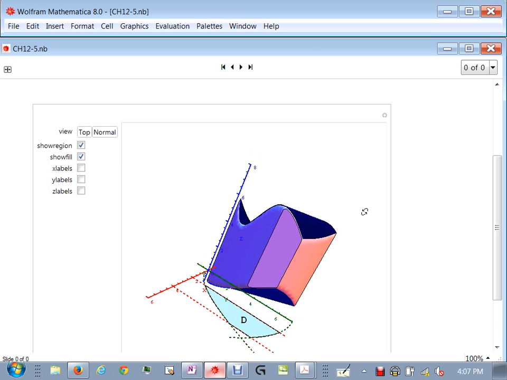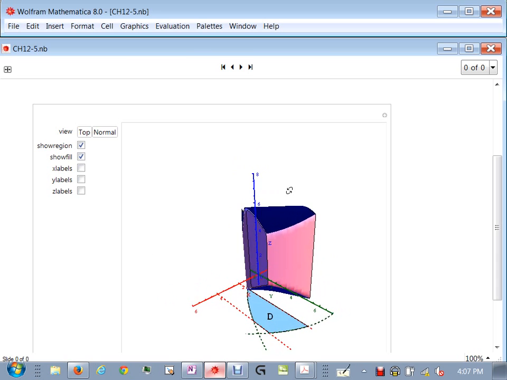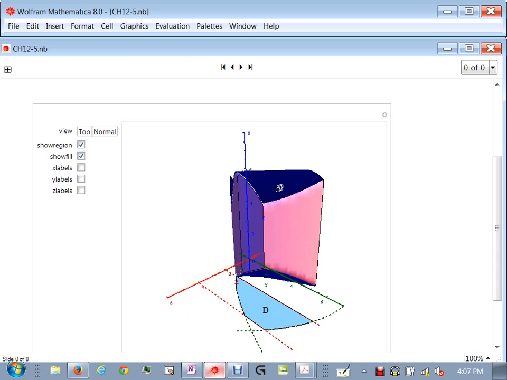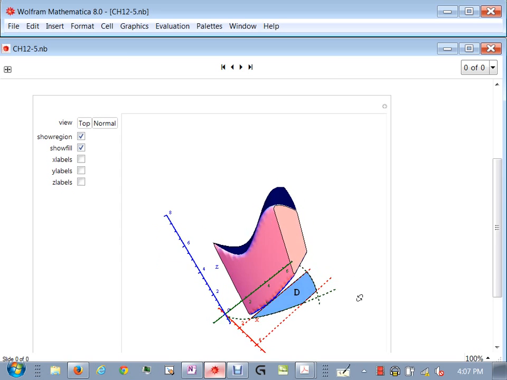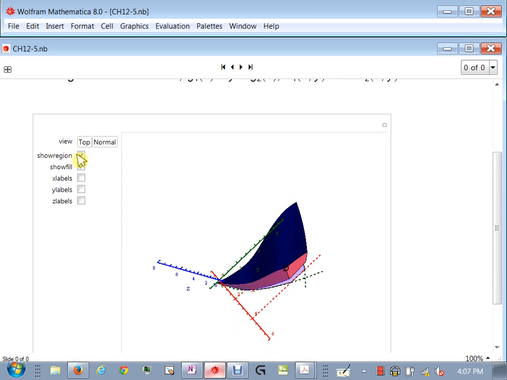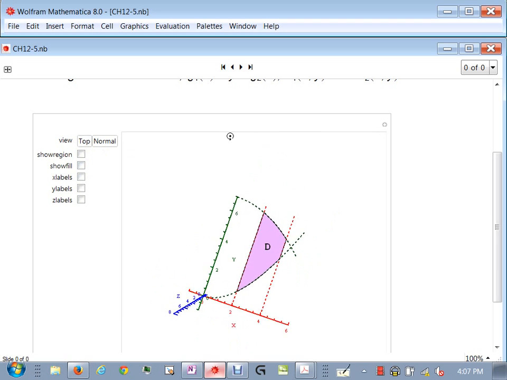The domain is the solid there, the thing I'm trying to integrate over. And then I take a shadow straight down onto the xy plane, and when I look at that shadow, it's type 1. Does everyone see it's type 1? If I turn it this way, you might be able to see a little better. In fact, if I take this thing completely out of here, look at it from the top, spin it around like that,